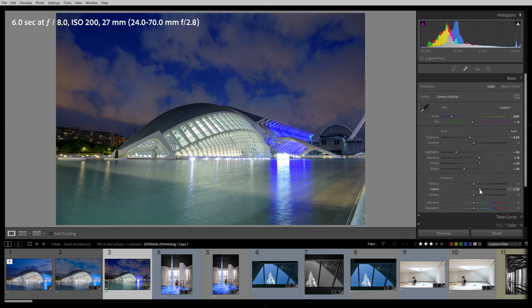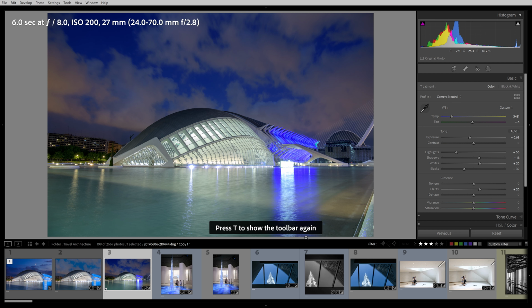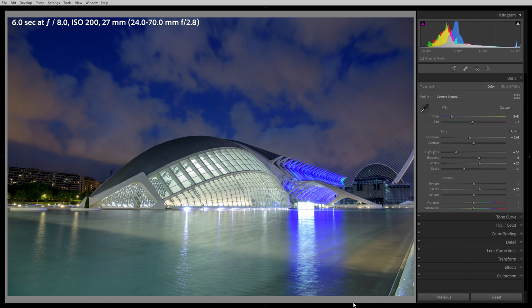But what I like to do is actually just ease in a little bit of clarity on the photo overall, and then I can come in and reapply a stronger pass of clarity just over the architecture itself. Just for now, I'm just going to press T on my keyboard to get rid of the toolbar, and I'm just going to get rid of that thumbnail strip as well, just to give us a little bit more screen